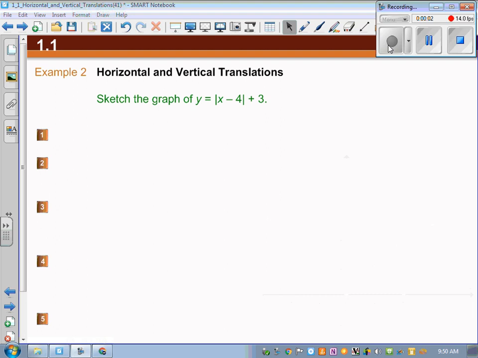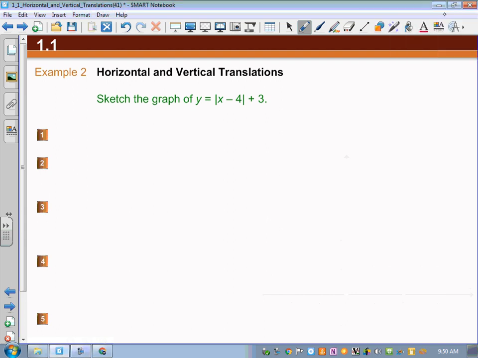Okay, welcome to 1.1, example 2. Here we're going to look at another transformation, and really all that's happened between now and example 1 is the function has become a little more complex. And in this particular question, it wants us to sketch the graph of y equals the absolute value of x